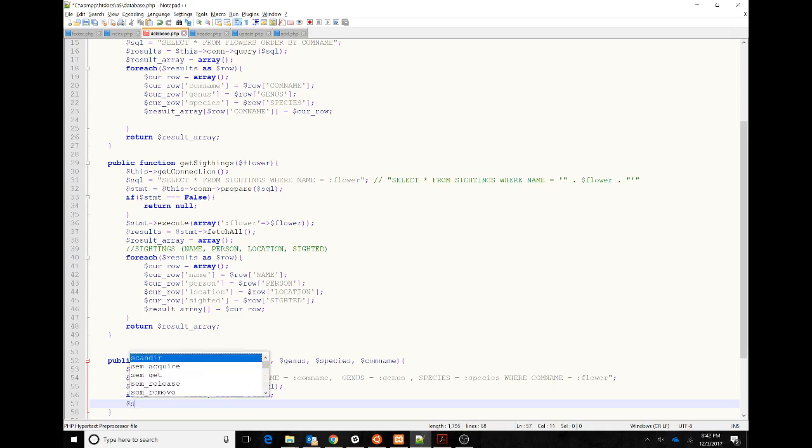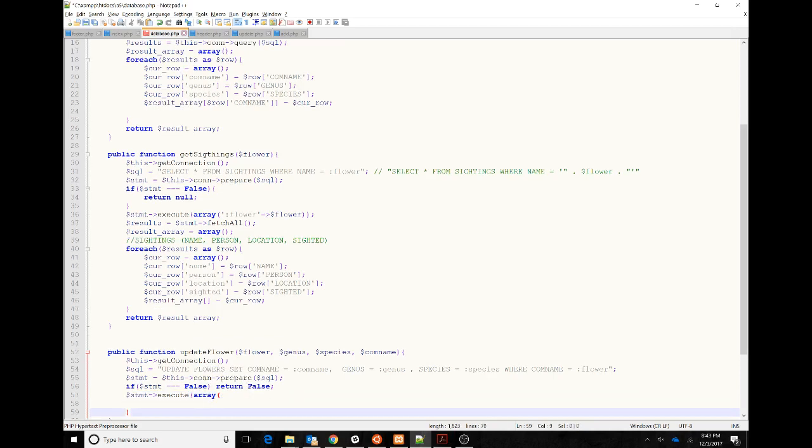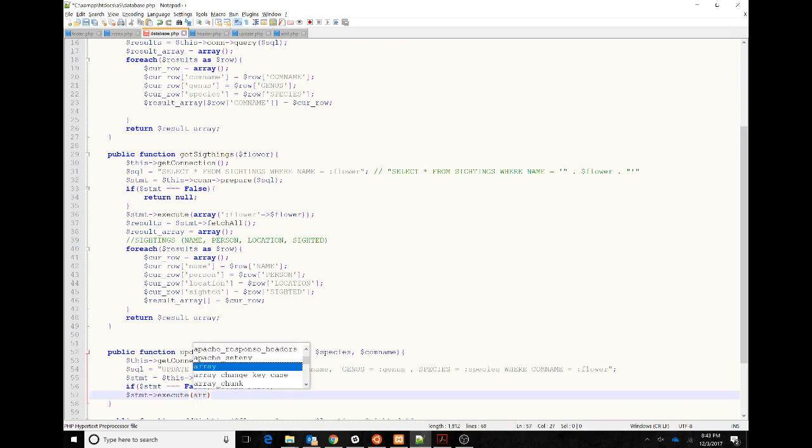Statement execute. There's going to be an array. I'm actually going to make it on different lines. I want to escape the lines. Array, and then we're going to say